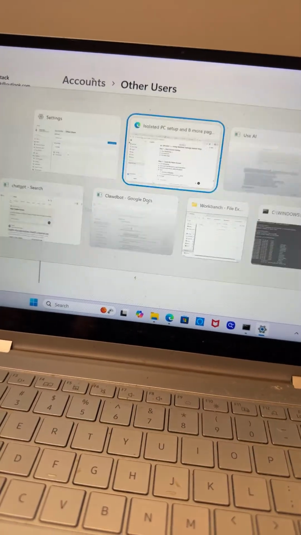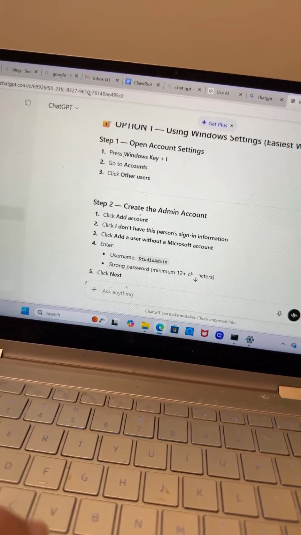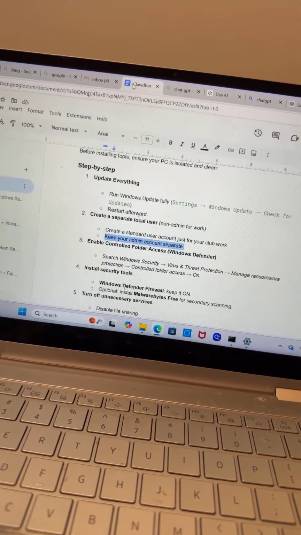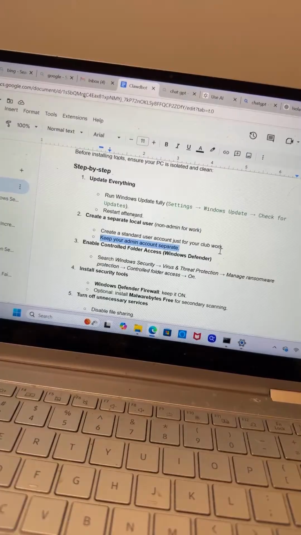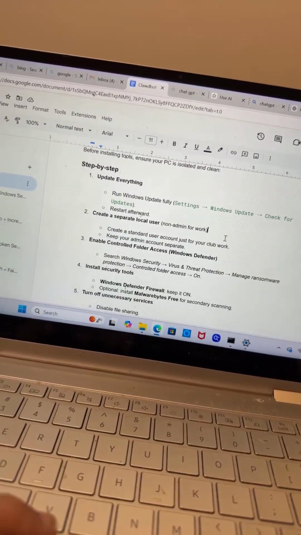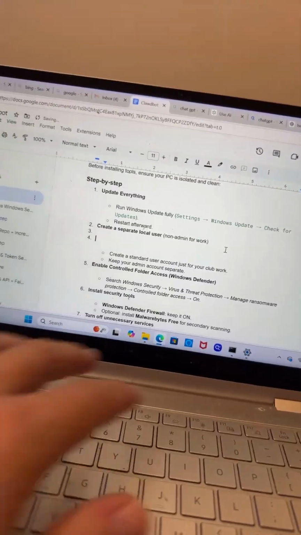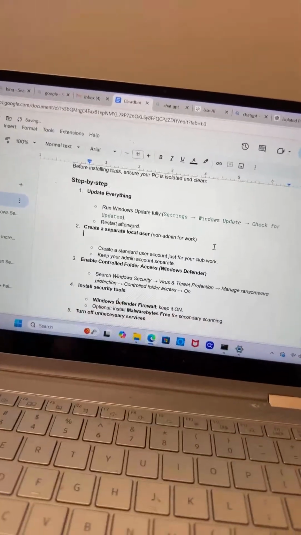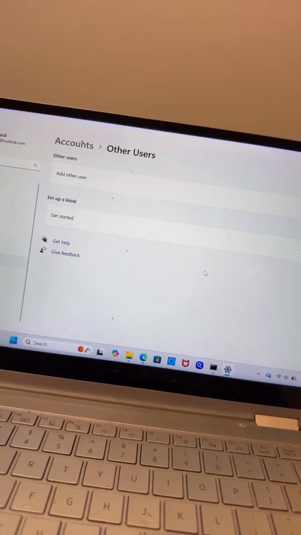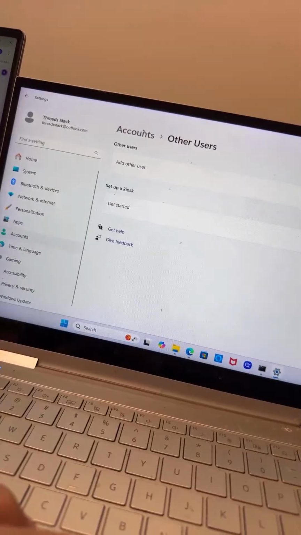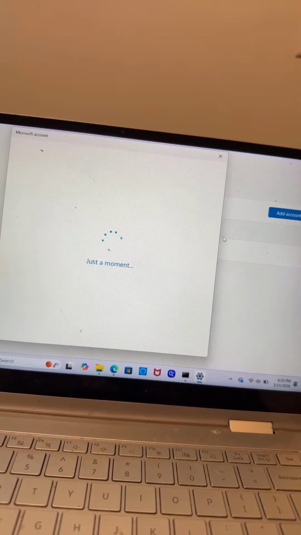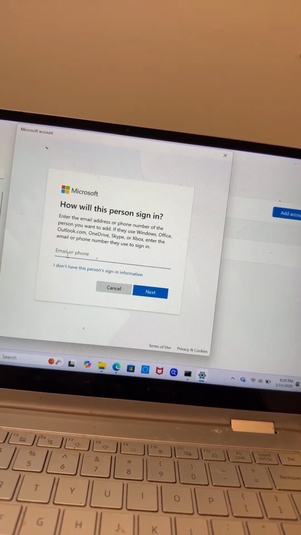All right, guys. So we're actually on this step over here, and I guess something happened with the live, and we're in Cloudbot over here. So the step for creating a separate user account, what you do effectively, you just go to Accounts and click Add user. So you add account, and over here you click on the account and it will say how will this person sign in,